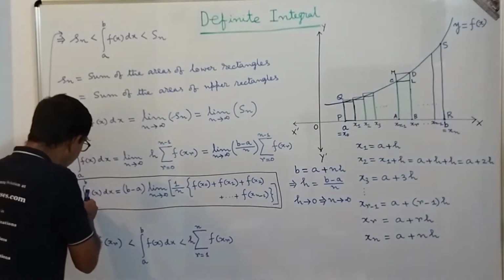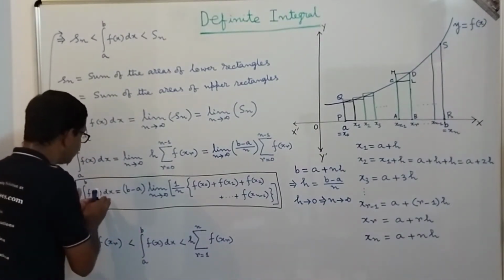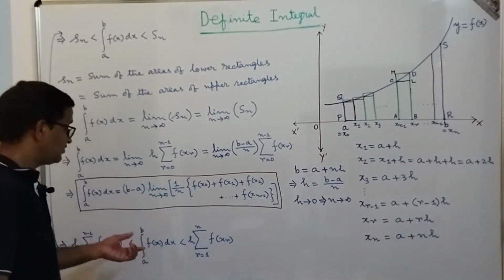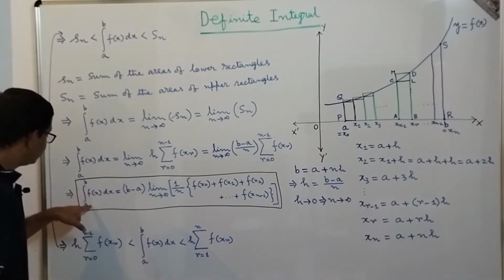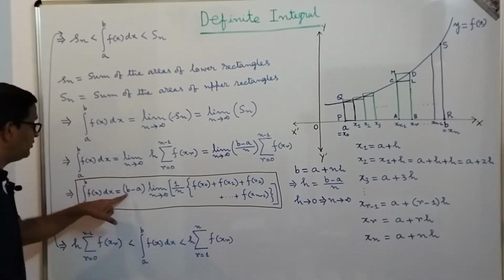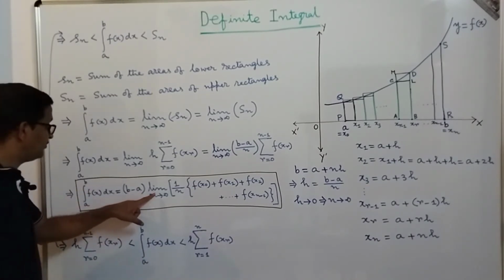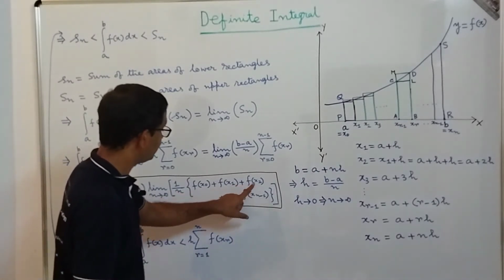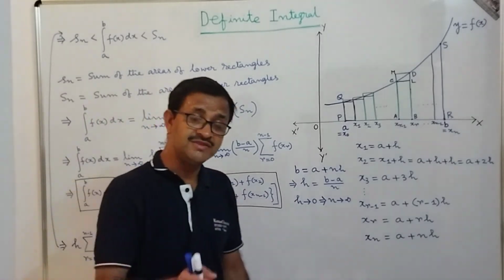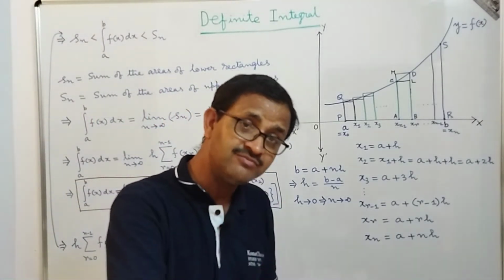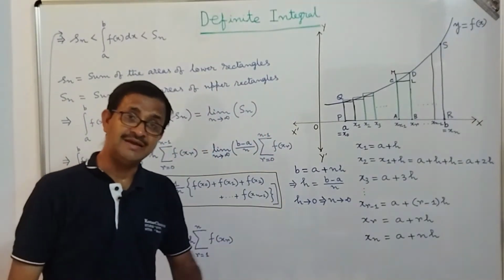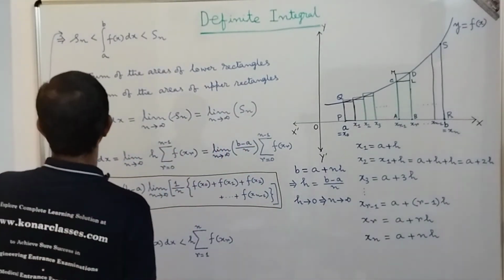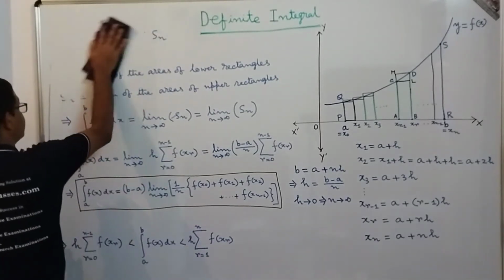So the value of this definite integral from a to b of f(x) dx is computed as the limit of a sum. That is why, when you compute it like b minus a into the limit as n tends to infinity of 1 by n into f(x0) plus f(x1) plus f(x2) up to f of x n minus 1, we say that we computed the value of this definite integral by using the limit of a sum. So what we get, dear students? We get something like this. Let me summarize, and after that we will solve a couple of problems.